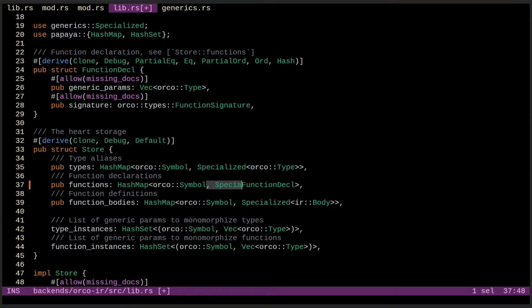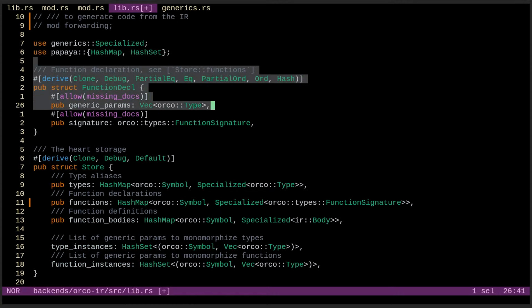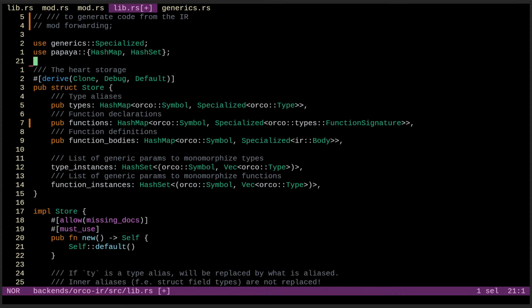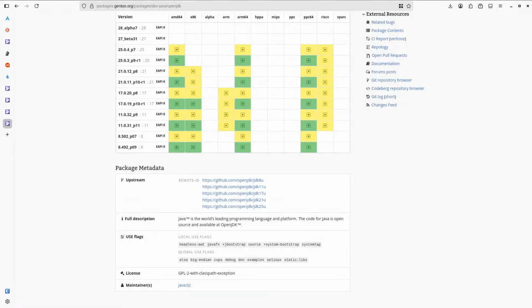Okay, so specialized function decl. So instead of function decl, I can just do local types function signature then. So function decls, or I guess I could create functions and say like specialized, and then we have a function which has body optional or something. But you cannot insert them. I mean, you have OnceCell, right? We have OnceCell and Rust OnceCell.